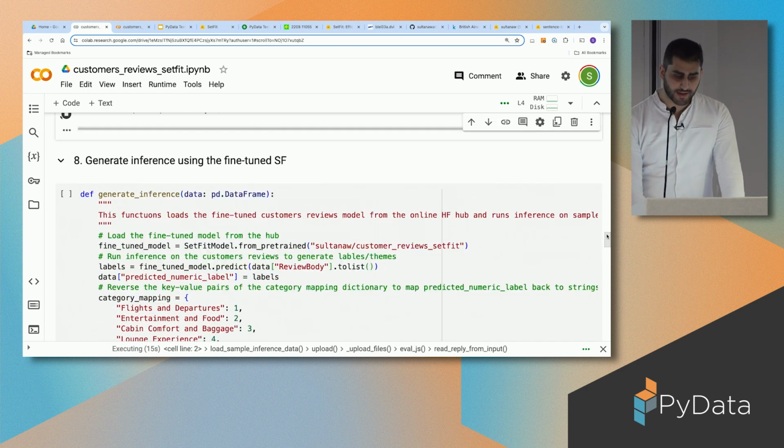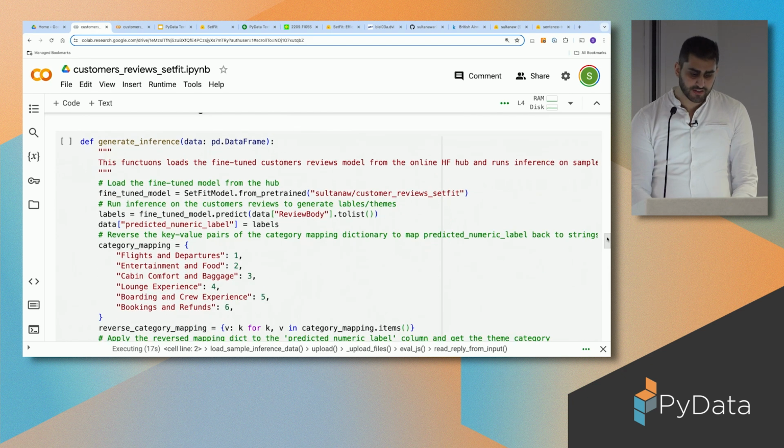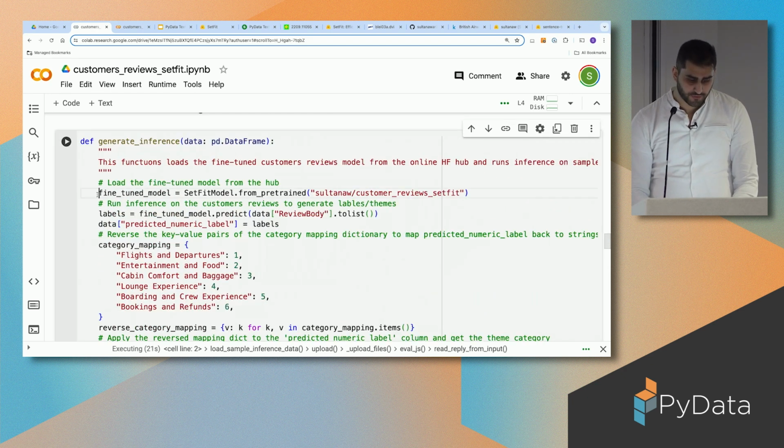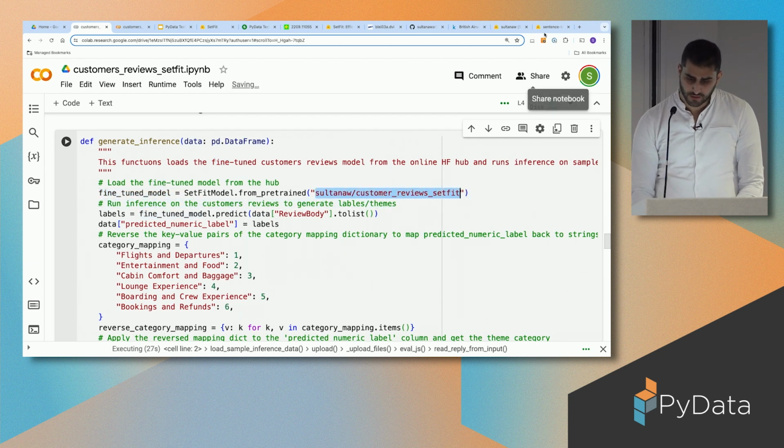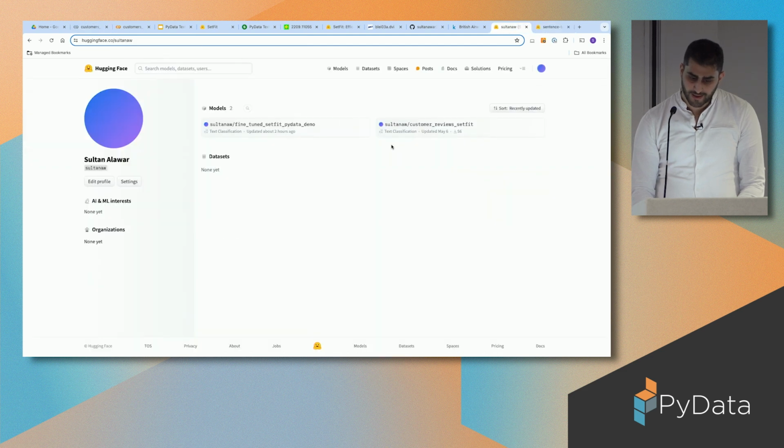And then I'm gonna generate inference. To generate inference, it's pretty easy, I think. You just load your fine-tuned model here. So this is my fine-tuned model, Sultan, our customer reviews SetFit, this is it. You just take the model name,